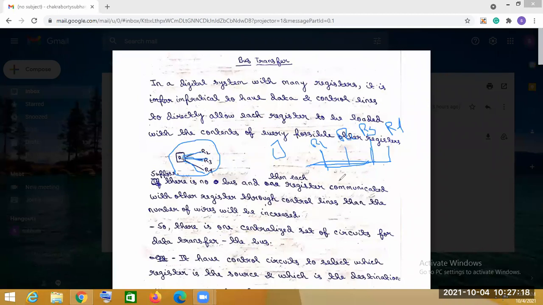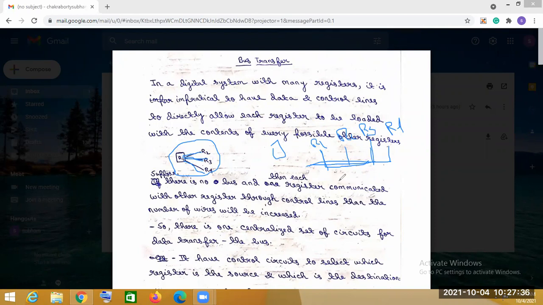But if there is no bus present, then for communication with each device control lines will be present. So the number of wires will increase. This is the disadvantage of using control lines and the advantage of using bus architecture.